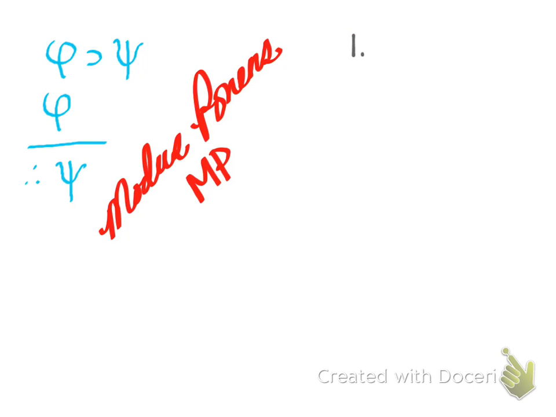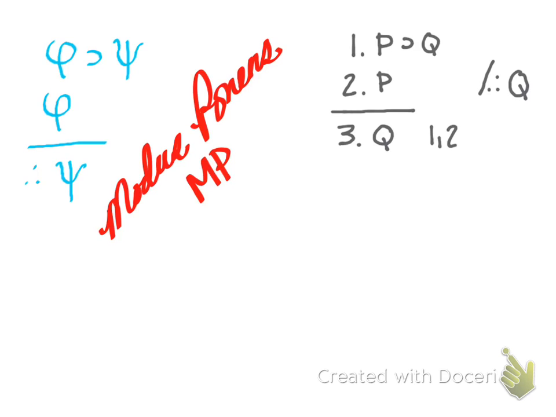Say that we're given the premises if P then Q and P. We have the conditional and we have the antecedent of that conditional, and say we are asked to prove that Q follows from the premises. Well, this is just one application of modus ponens. We can put Q on line 3 and we can cite lines 1 and 2, and we can say that